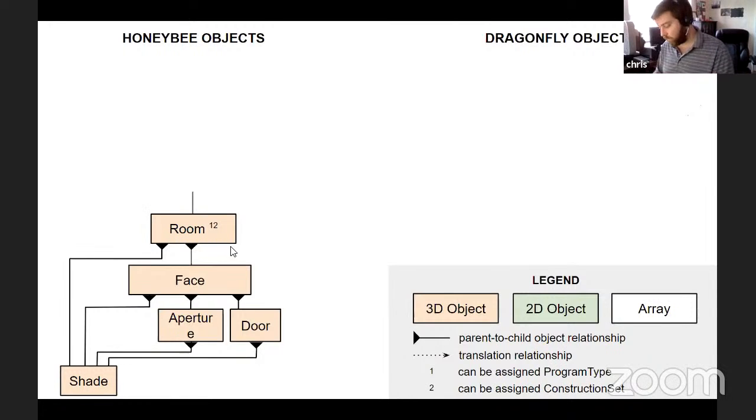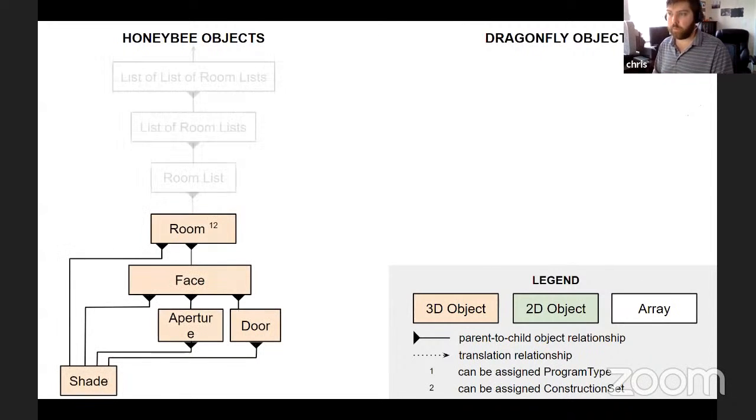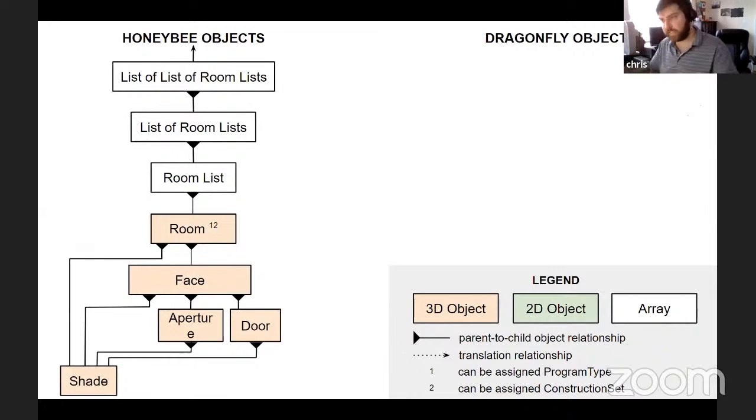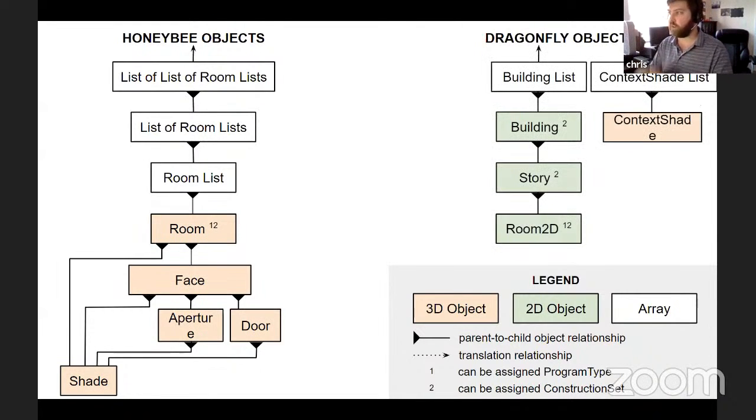And so you can imagine if we were trying to make an urban scale model just from Honeybee rooms, we'd have to work with arrays of arrays and lists of objects to represent that hierarchy of stories to buildings to a district. And so Dragonfly objects are essentially trying to make it much easier to work with this hierarchy on an urban scale. You see the finest object in the Dragonfly schema is that room. There's nothing smaller. There are no individual surfaces, and you have to translate the Dragonfly object into that Honeybee format to get individual faces or windows.